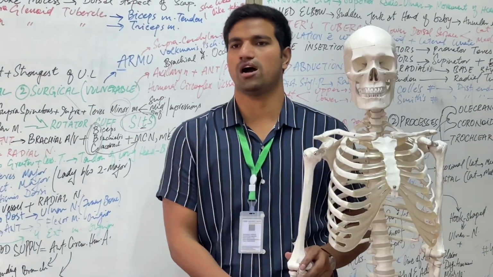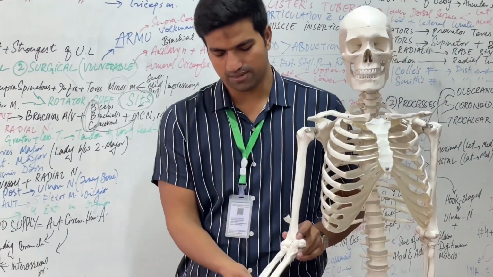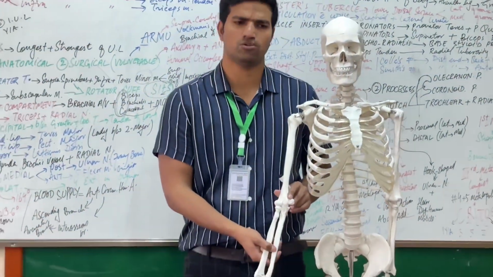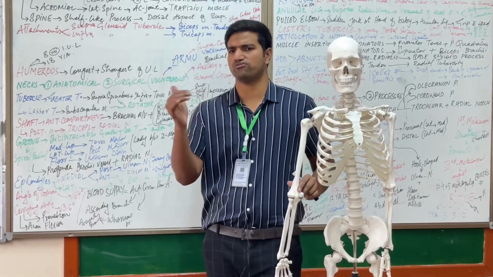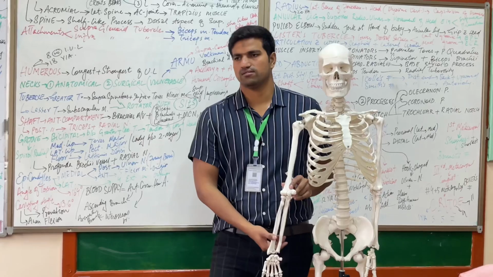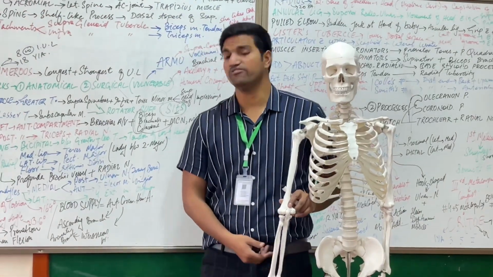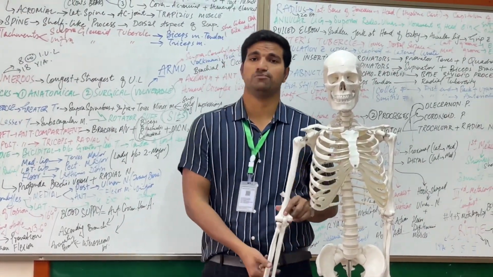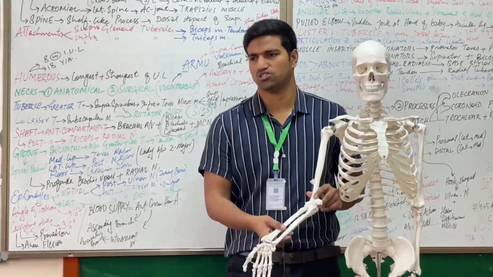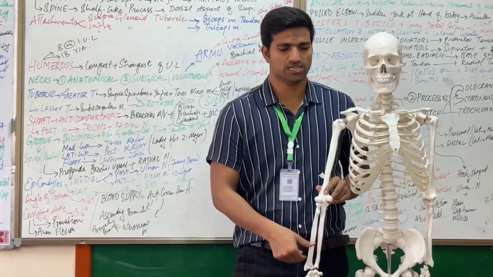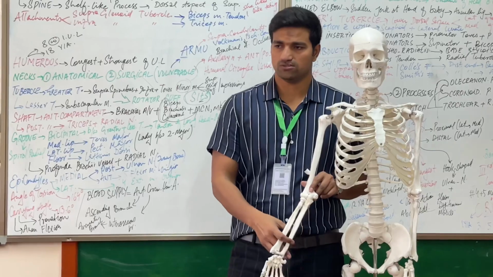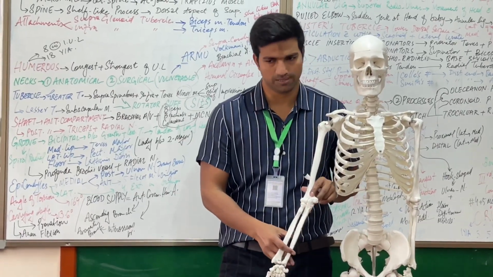Then we have talked about the carrying angle. It is larger in females, about 13 to 14 degrees, but in males about 6 to 7 degrees. The average is 5 to 15 degrees. This is the carrying angle at the elbow joint. This is the gift of nature for us: when a pregnant female is walking or doing heavy work, the baby inside her body is protected, so there will be no harm to the baby.